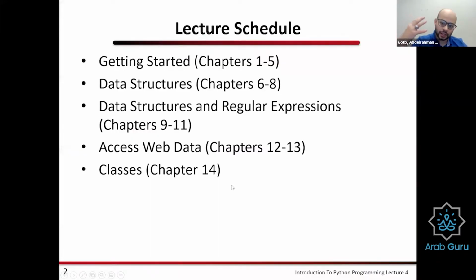This is the schedule that we've had. One of the chapters that we were going to discuss was chapter 15, which is accessing databases through Python.